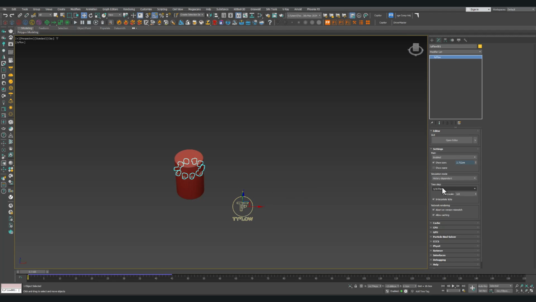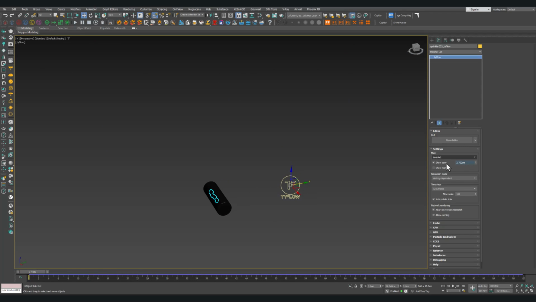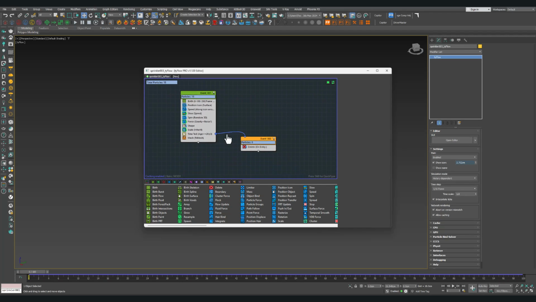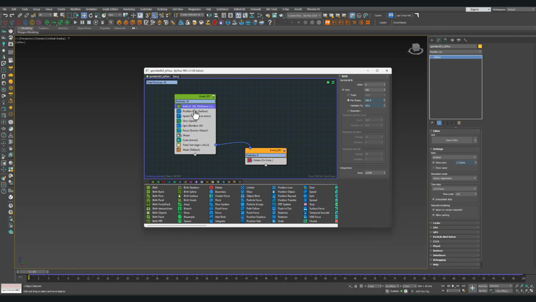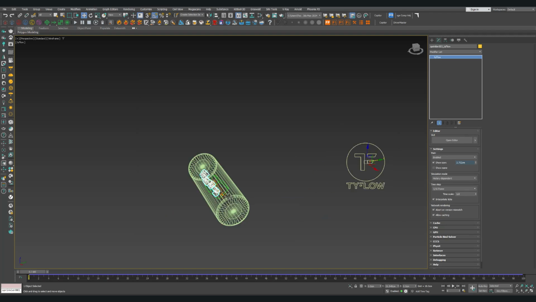And don't forget to change the time step. This is for the second setup of the sprinkler. And here is the last one. The last one is also the same setup with the time step of 1/16. Exactly the same flow of Tyflow. Birth operator, position icon, until time test and delete. A different per frame particles 350, but the difference is again